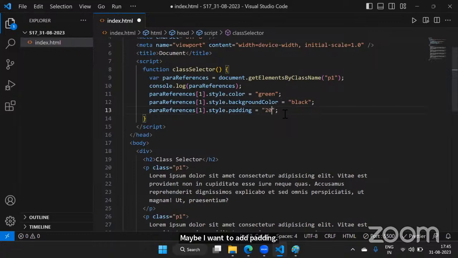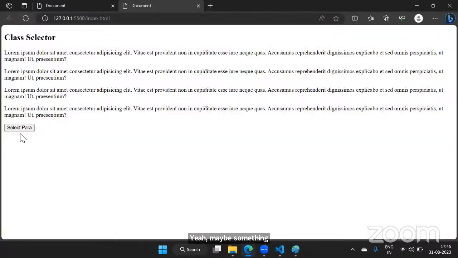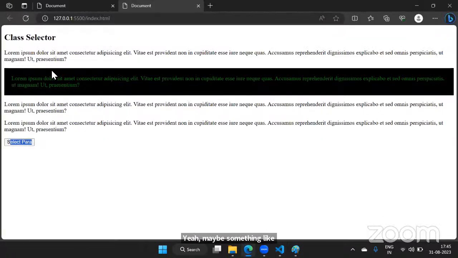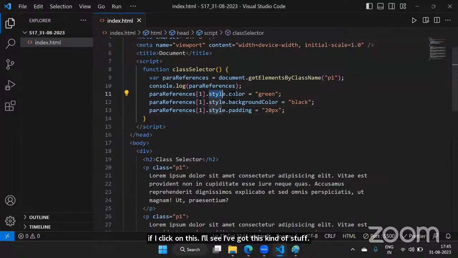Here maybe something like 20 pixels. Now if I click on this, see I got this kind of style. Inside this style property, I am using color, background color, and padding. Now if you want to check how many properties we have inside this style property,